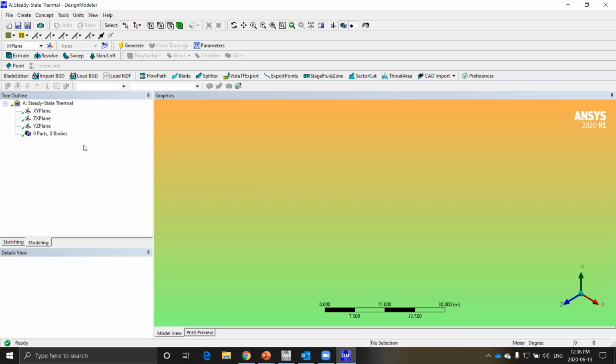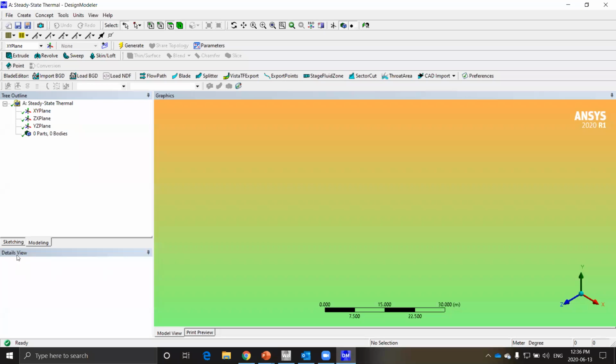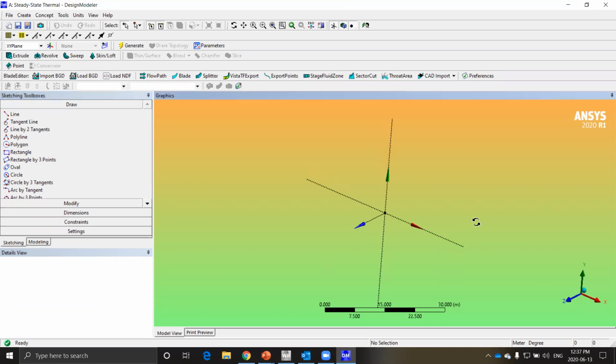Okay, so what we want to do now is create a sketch that will represent this solid block. You go to sketching over here. It gives you a coordinate system. You could navigate around this using the mouse keys.